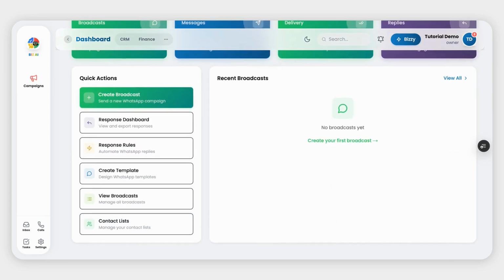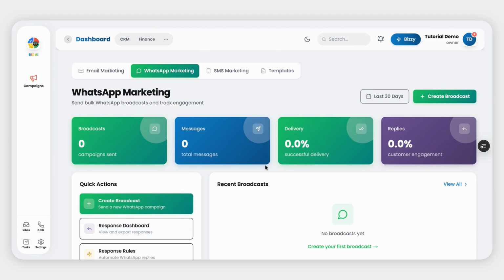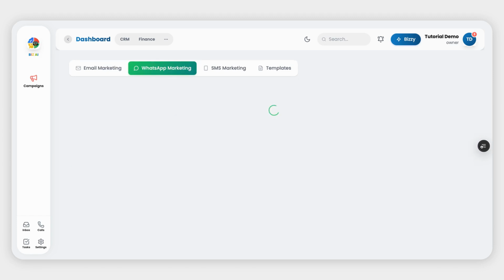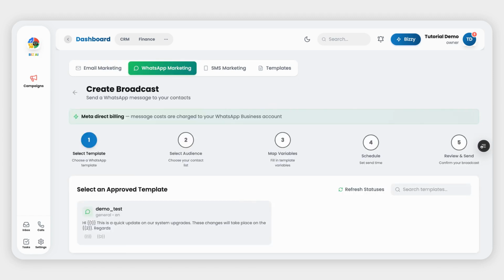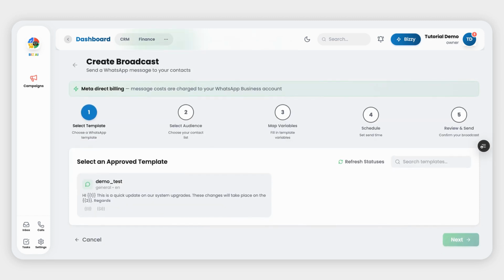So let's look at how we would send a broadcast. You can click on create broadcast in the top right hand corner, or you can click on create broadcast under the quick actions section. When you are sending out a broadcast and you want to initiate a message using the WhatsApp Business API service, you will need a template, an approved Meta template. And these broadcasts are charged for currently at 14 cents for utility messages and 68 cents for marketing